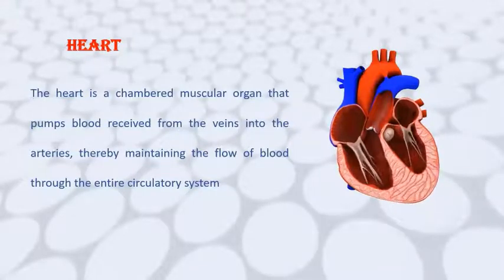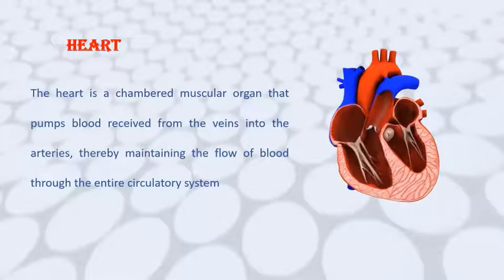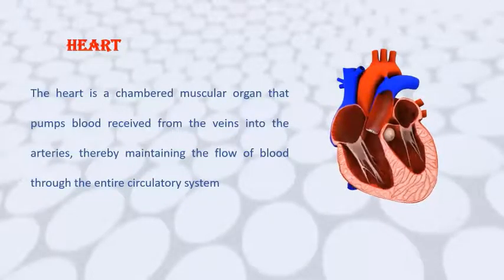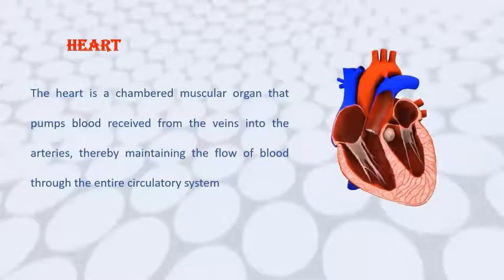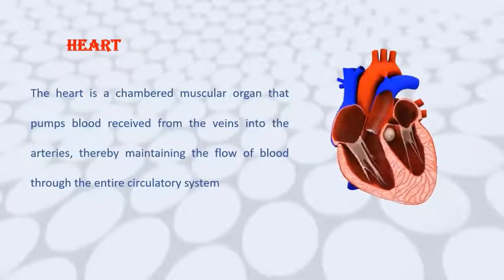So we were discussing in the last class module 1, the circulatory system. In the last class we studied the blood, its types and formed elements. What do you mean by coagulation? We have seen the various factors involved in the coagulation procedure, then blood groups. So all those things we discussed in the last class. Today I'm continuing with the circulatory system.